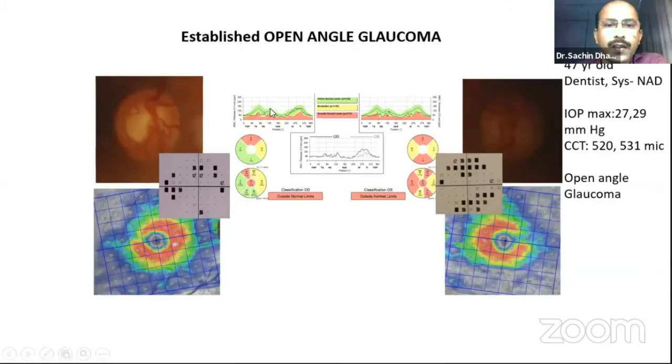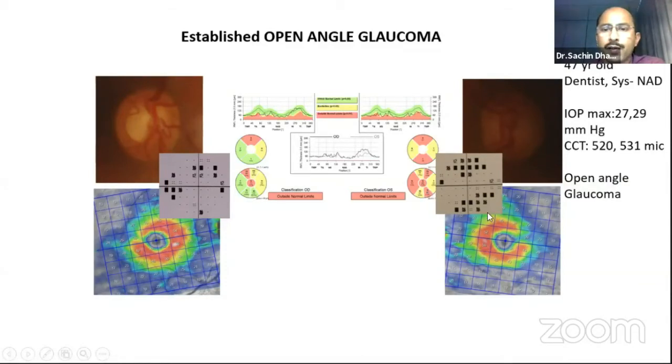Now see an established case of open angle glaucoma. Here you have the TSNIT of the RNFL showing a sectoral decrease in the superior and inferior pole in the right eye and both poles in the left eye. You can see a classical correlation with the nasal step here, bi-arcuate scotoma here, whereas the ganglion cell is eaten on one side, eaten on the other side, but the opposite side is absolutely normal. This is what I want to tell you, that the ganglion cell or the RNFL alone will not give you the total picture. Both when considered together will give you the total picture.